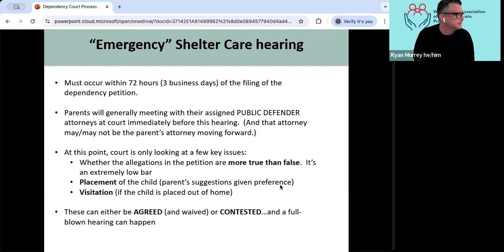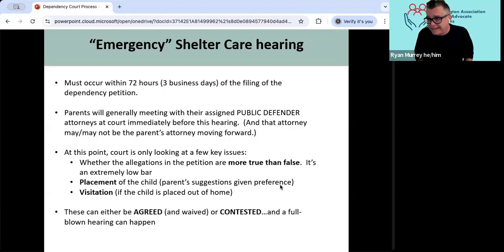They'll also be looking at placement, where the child should be. And parents' suggestions or offerings of where they want the child to be placed are given preference.